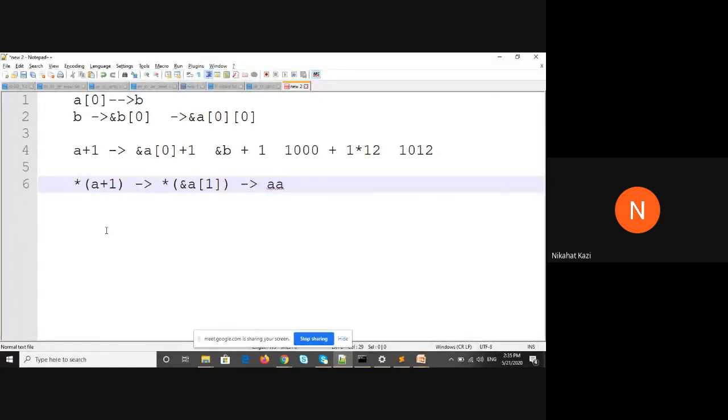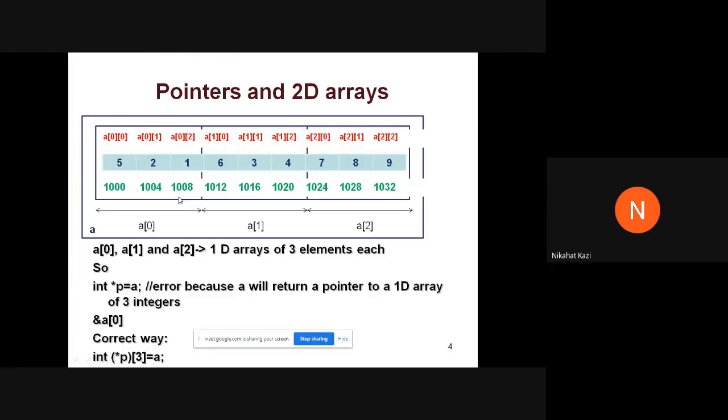Yes. So this expression means star and address of these will get cancelled out. Yes, this will get cancelled out. You will be remaining with this expression A of 1. And what is this A of 1? Is it a single element? Is it an address? What type of address is it? It is an array name. Yes or no? It is an array name. Which array? The second row. Right? It is an array name A of 1.